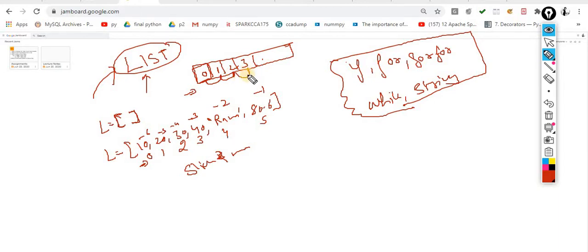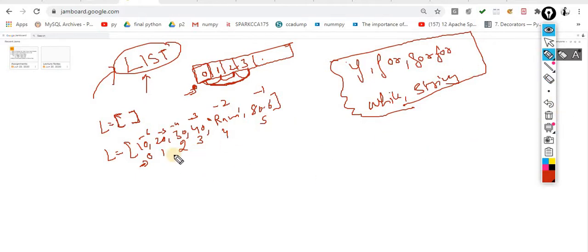And you can easily explain to someone, when you are standing at this point, you just take 3 steps and you will find the house of the concerned person. So that's why, because it's a consecutive memory location, we are able to do the slicing and the indexing into the list and into the tuple.